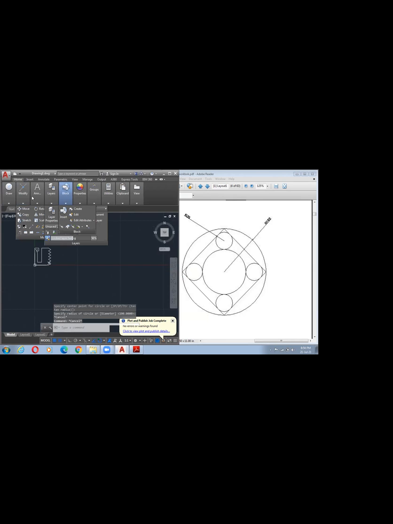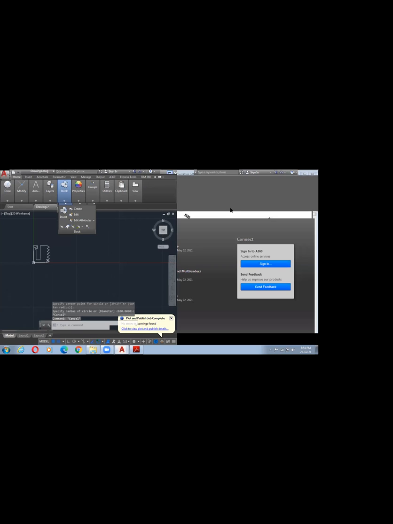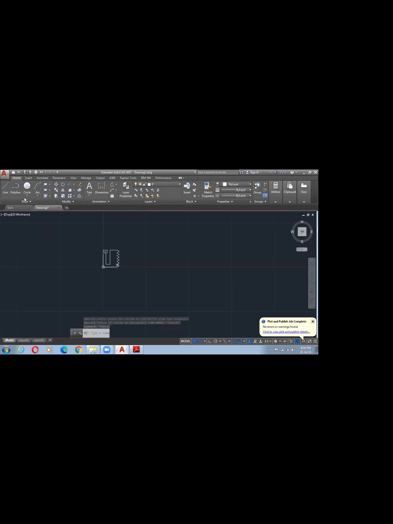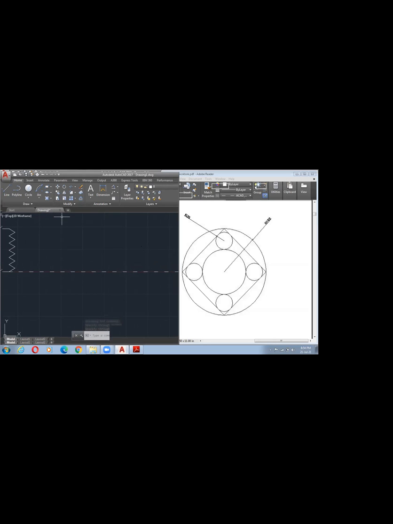Create an axis for this. That will be an advantage so you do not get confused. Select this, shift and escape. Okay, C enter.